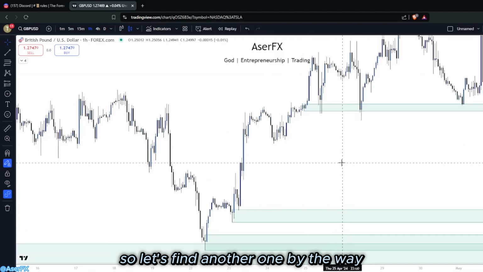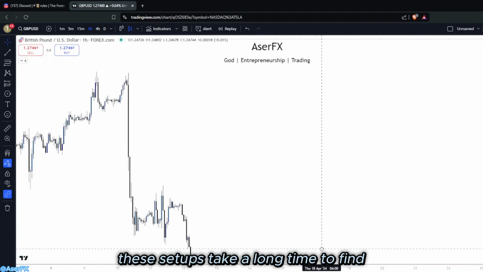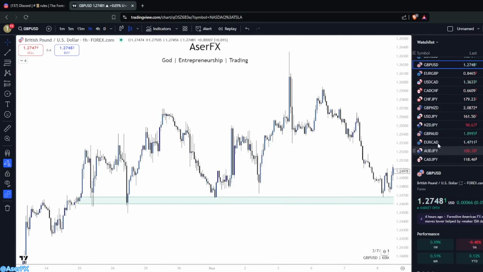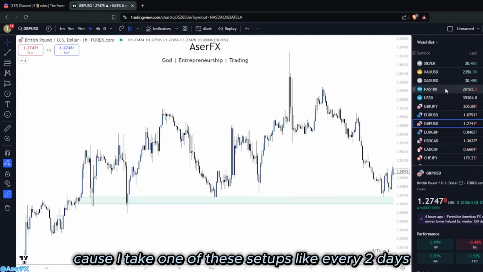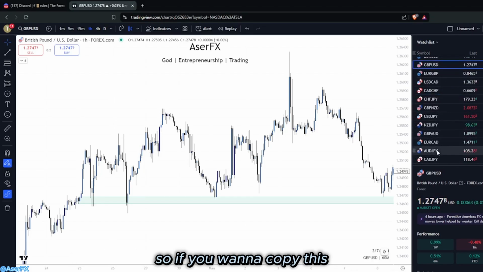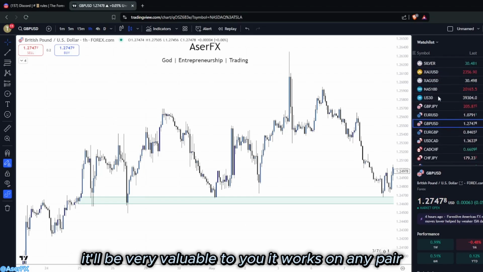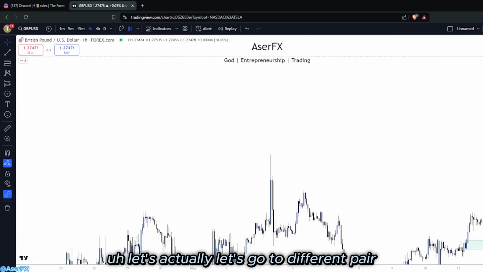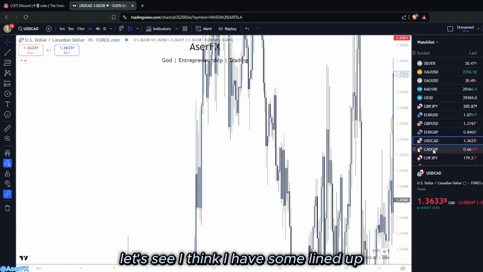So let's find another one. By the way, these setups take a long time to find. This is why my watch list is filled like this, because I take one of these setups like every 2 days. So if you want to copy this, you can go ahead and copy it. It'll be very valuable to you. It works on any pair. Let's go to a different pair. Let's see. I think I have some lined up